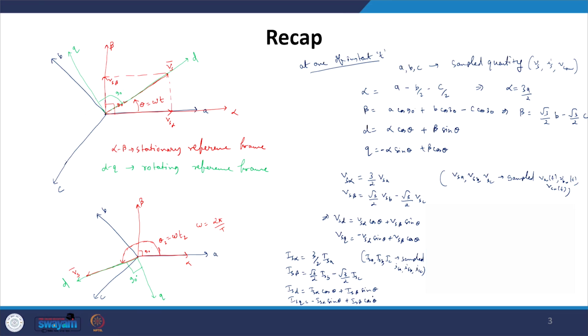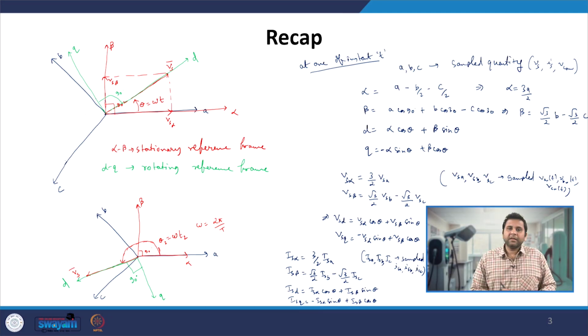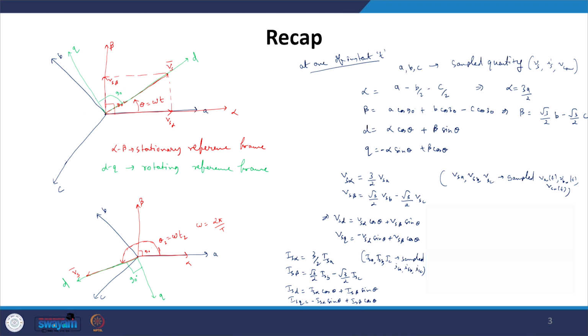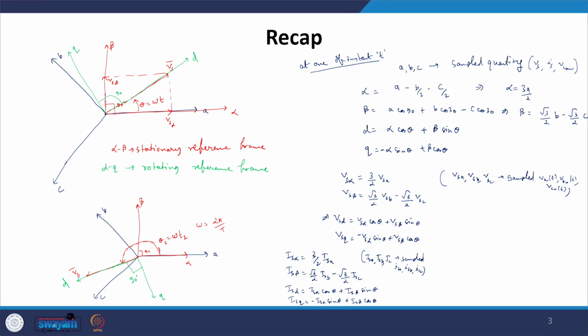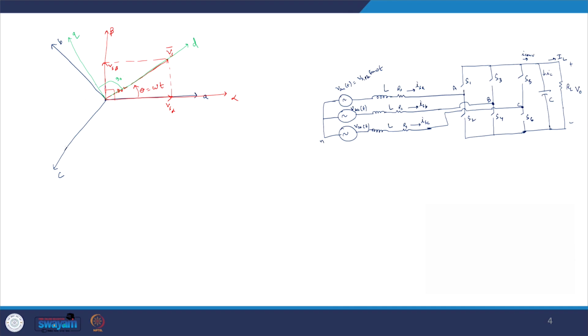And then on the same line, if we assume we are applying the V converter voltage from the converter side, we can also write down our V converter alpha, V converter beta, V converter D, and V converter Q components. Here theta equals omega t, where t is the time instant when the samples are taken. Now let us try to model this converter in the dq axis, or the alpha beta axis frame, that is, the synchronous rotating reference frame or the stationary reference frame.